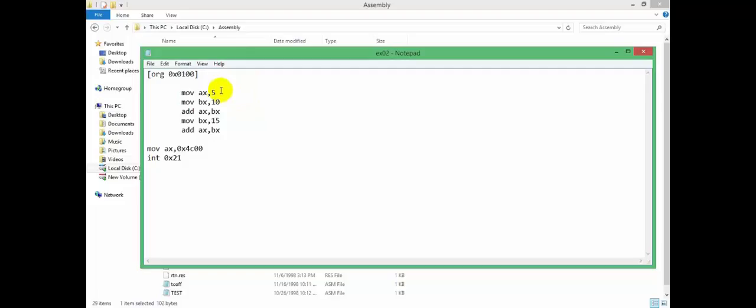In the program, the constant 5 is stored in AX. Then the constant 10 is moved to BX, and then AX and BX are added up and stored in AX. Then 15 is moved to BX and then added.